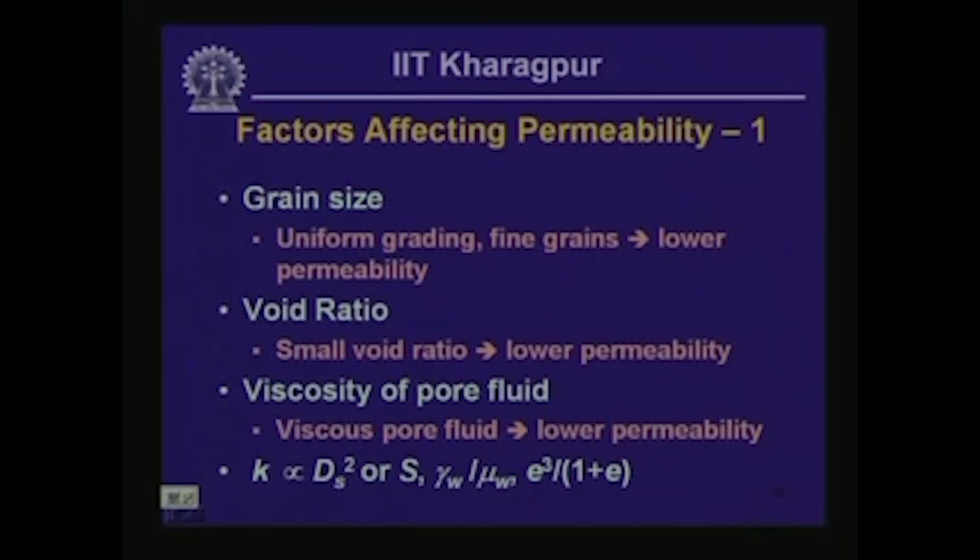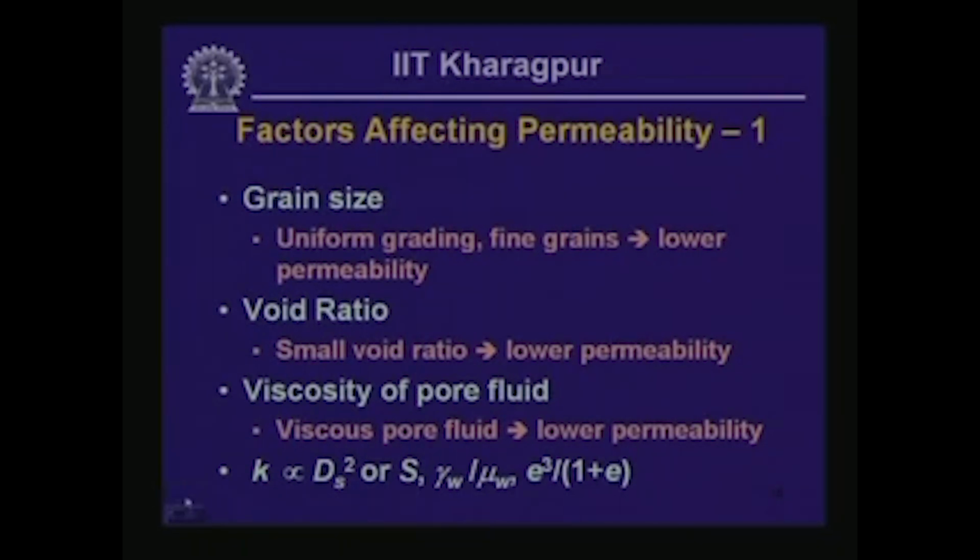We have already seen that if you have got a uniformly graded subsurface formation, then you are going to have a relatively easy groundwater movement through the formation. So, the permeability is going to be relatively high. If you have got fine grained soils,